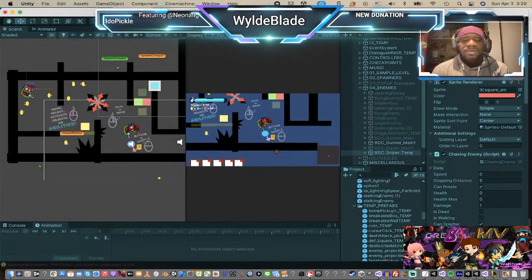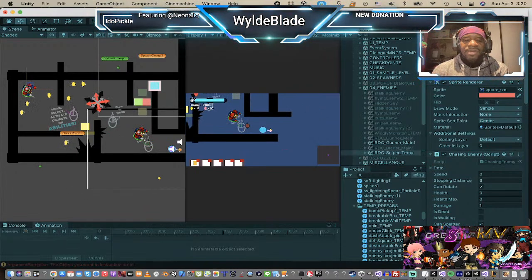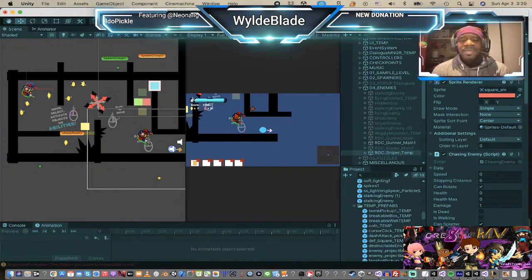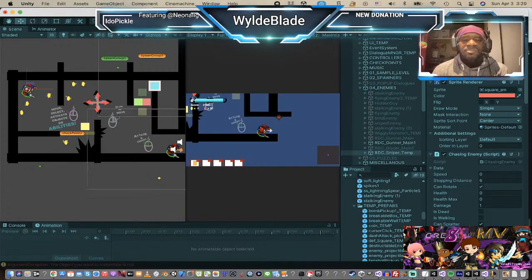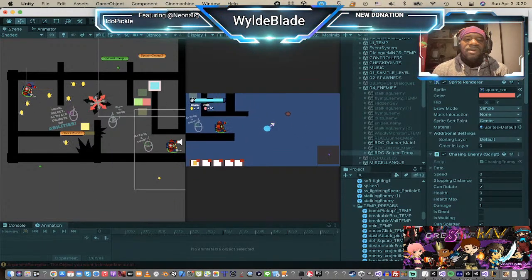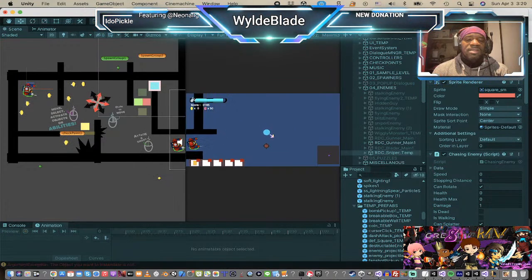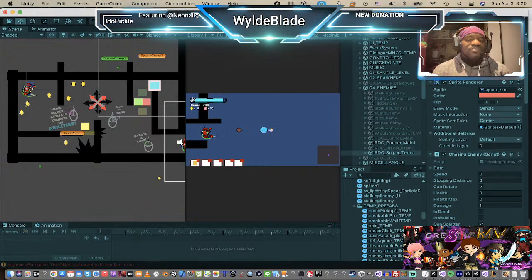Okay, so here we go. We got our player. We have our gunner here, and our gunner can walk. He's got a cute little walk cycle. And once the gunner gets into range, within like one square, this gunner should be able to melee attack me, right? And also, the gunner does have a projectile that he's not shooting at me at the moment, I don't think. So, because